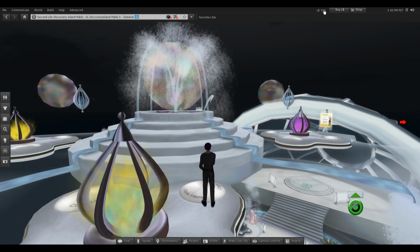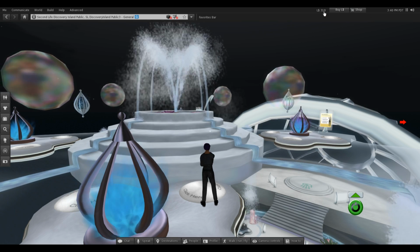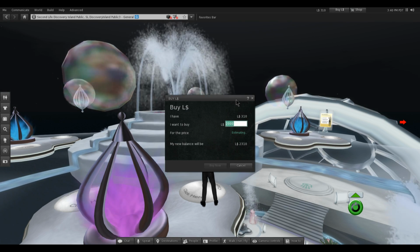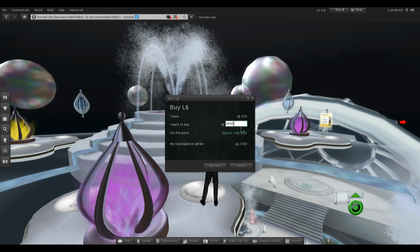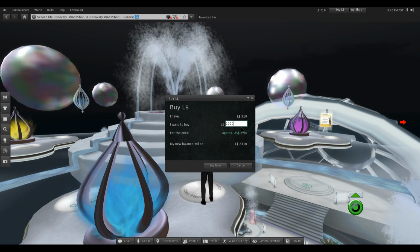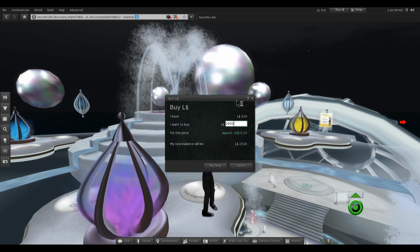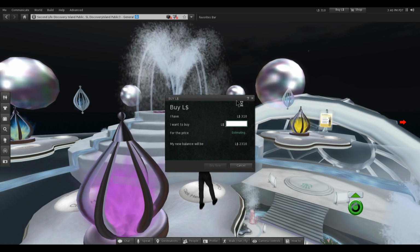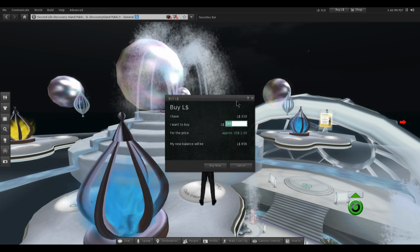So I just thought today would be funny. Up here, as you can see, I've got 310 Linden dollars. Linden dollars are the in-game currency. If you click on buy Linden dollars, it's going to show you how much Lindens are currently going for. If I wanted 2,000 Linden dollars, it would be $8.36. For example, right now I have 310. So if I wanted to buy 310 right now, it would cost me